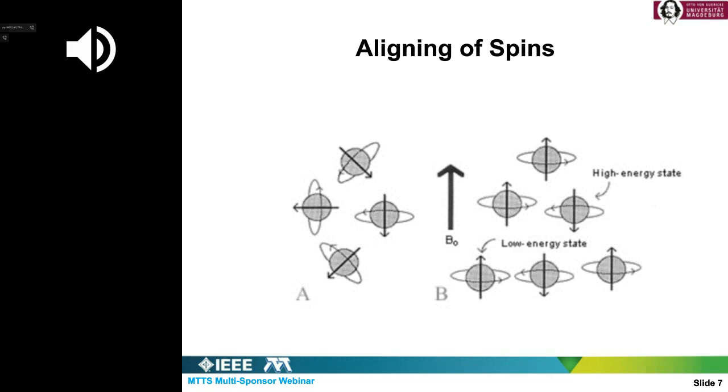The opposite one has a higher energy because if you push it a little bit, it will lose energy and come to the lower energy state, which is called stable equilibrium. So both states are equilibrium. The one parallel is called stable, because if you push it, it returns back to its original state. And the higher energy one, which is anti-parallel, is called unstable equilibrium.